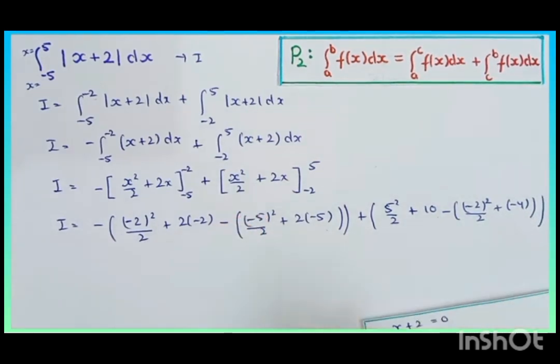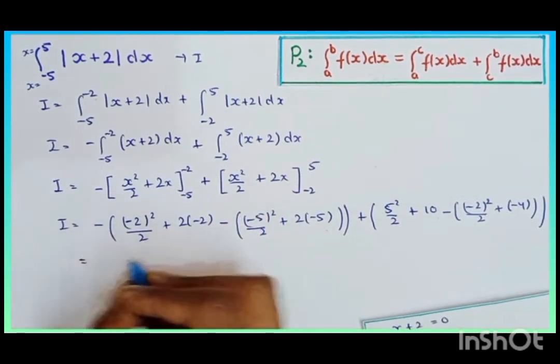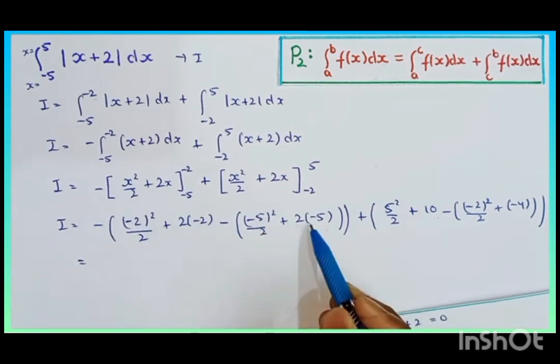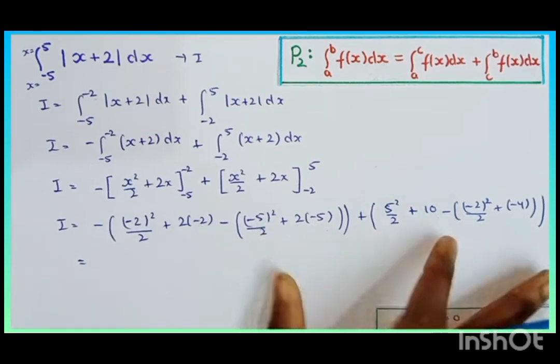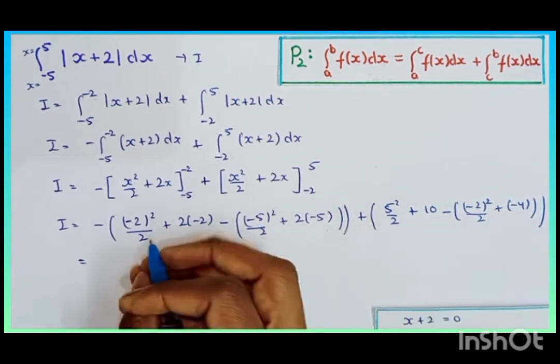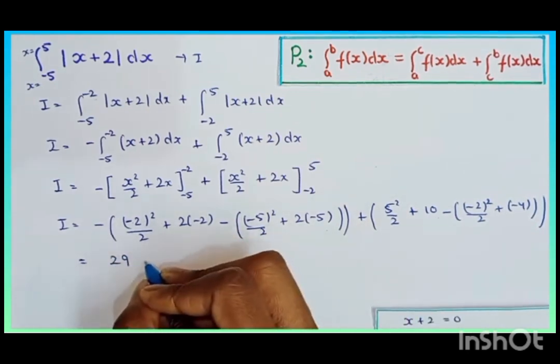Now these are plus and minus things here. You can do this easily. 4 halves will come here, minus 4 will come here, 25 halves will come here, minus 10 will come here. So this has to be multiplied. You simply multiply it. I will leave this for you. So the answer we will get will be 29. You check whether this is the answer or